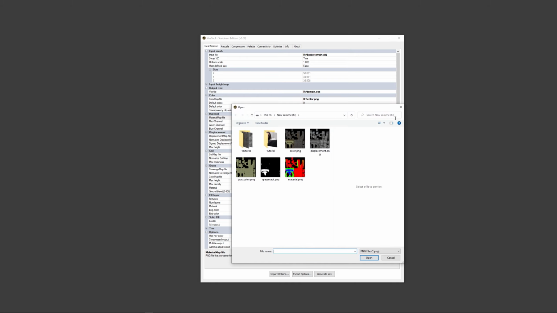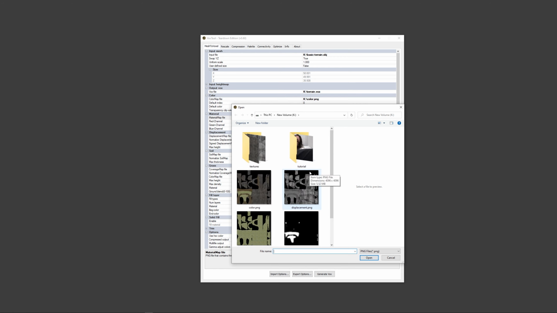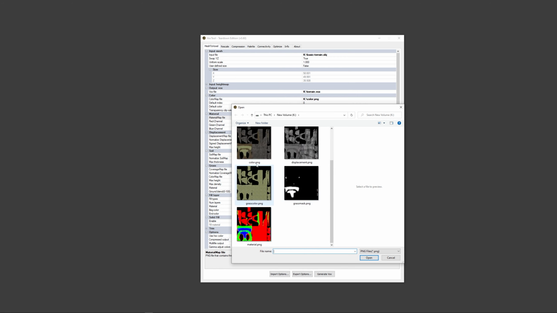Let's take a look at this. Looks like I'm using red for the rocks, blue for the grass, and green for the dirt.